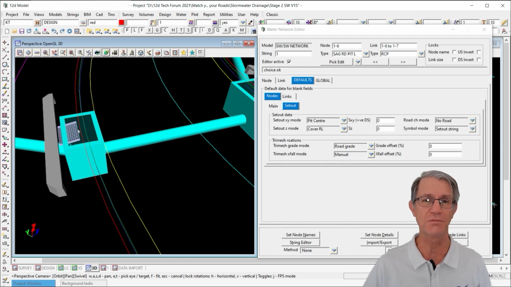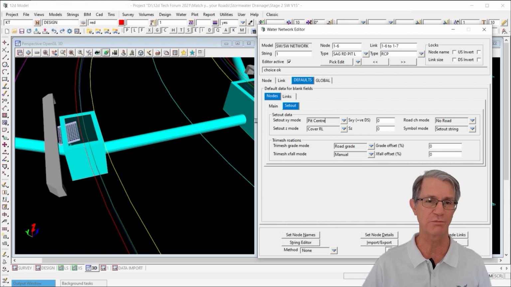And at the moment, the set-out point is set to be the center of the node. Now we've identified the setout strings and we've used them to rotate the nodes, but the setout point for the node is still the center of the node. So it's doing exactly what it's been told to do. It's placing that tri-mesh at the setout point, which is the center of the node. We need to tell it to insert the tri-mesh not at the center, but onto the setout string,